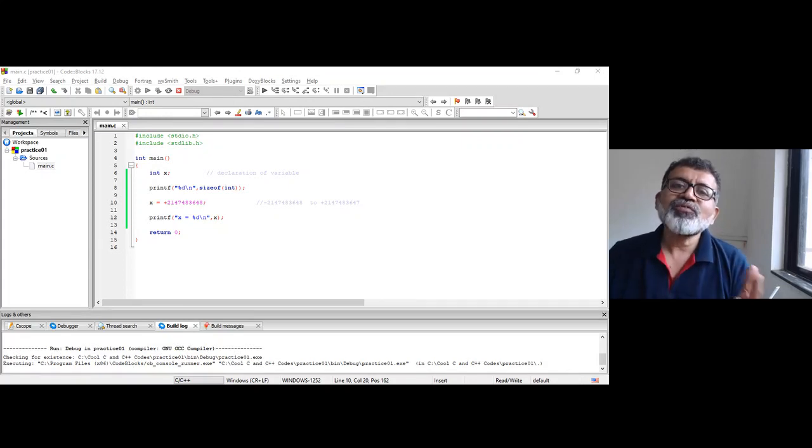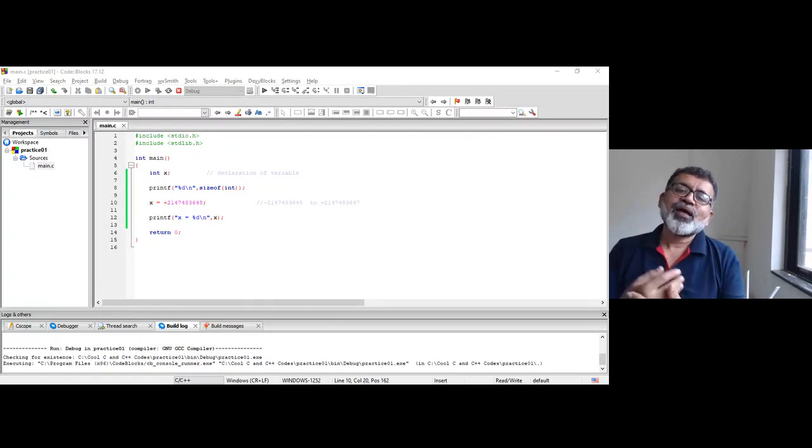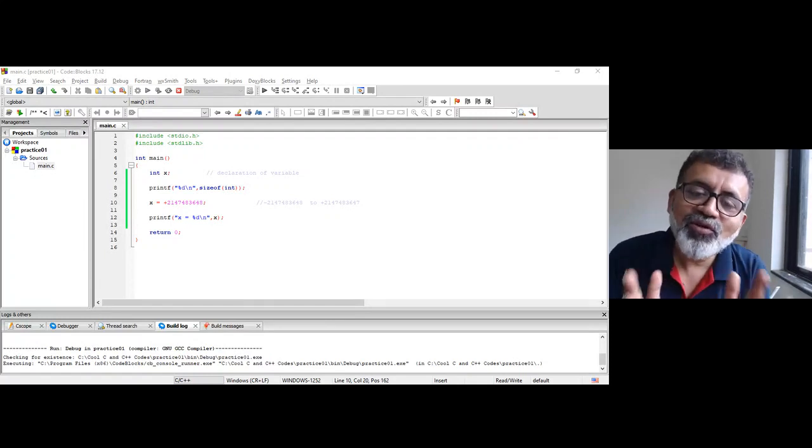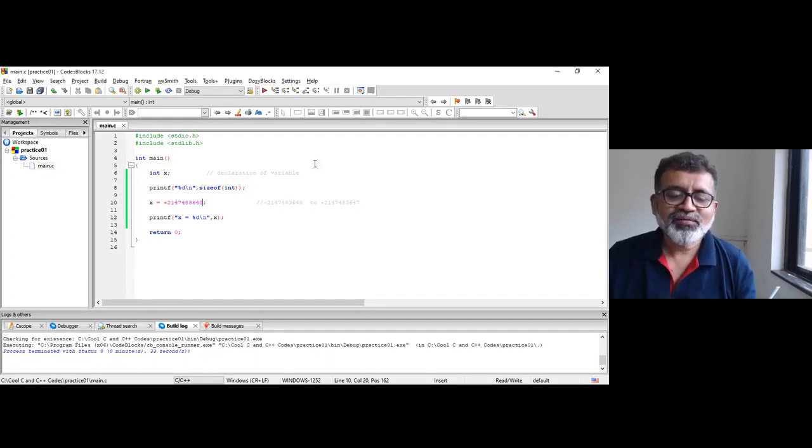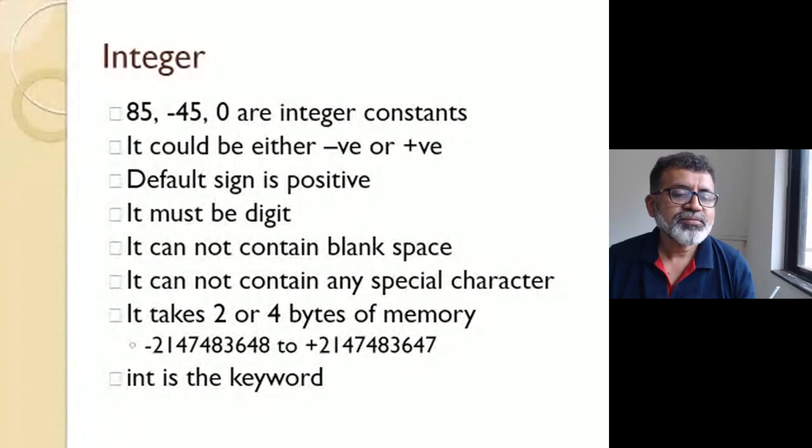I hope all of you are engineers, so you can see what is happening here. Can anybody tell me what is happening here? Why is it so? Can anybody tell me the answer to that?